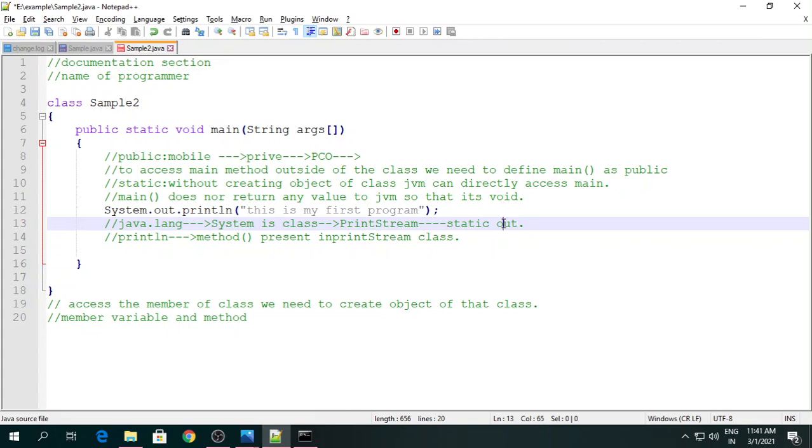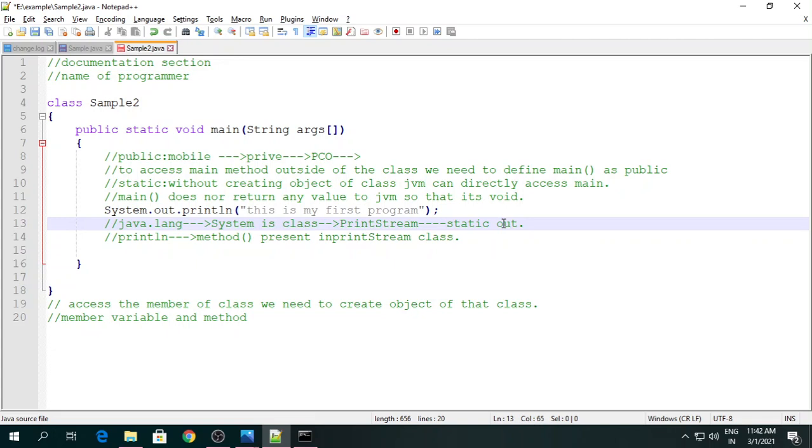So the purpose of this statement is to print a value or any message on a screen. In the C programming language we directly use a printf statement, right? So in Java you have to write System.out.println.